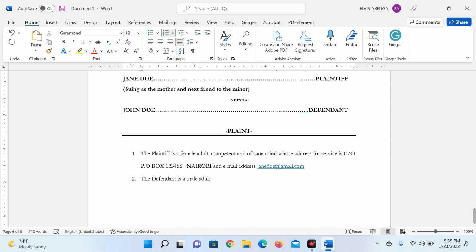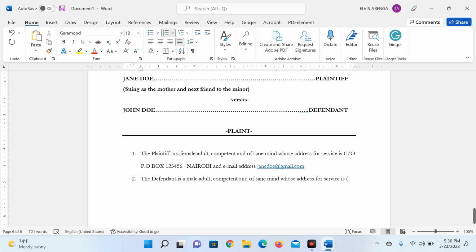In Kenya, the defendant is a male adult, competent, and we assume he's also of sane mind, who, and then you might not know, or you might know the address of the defendant, whose address for service is